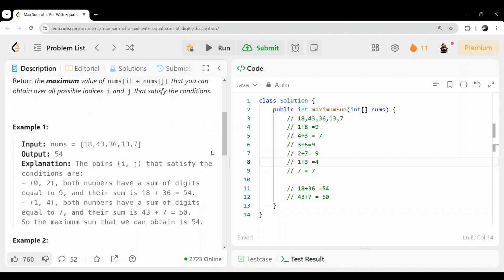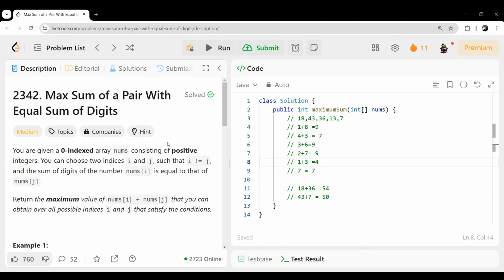Okay, so what we will be doing, first thing is, after seeing this question, what comes in your mind is, as you can see, we have to find the same sum and then we have to take the pairs. So what data structure you can use here is a map.